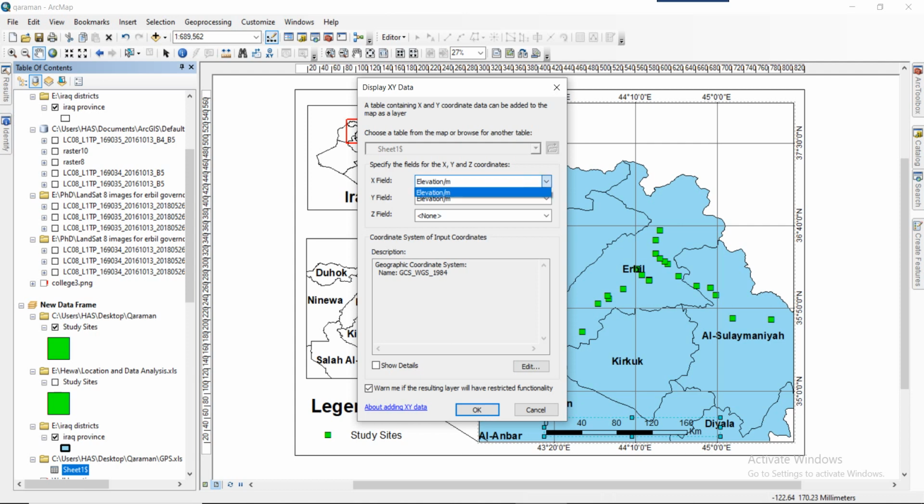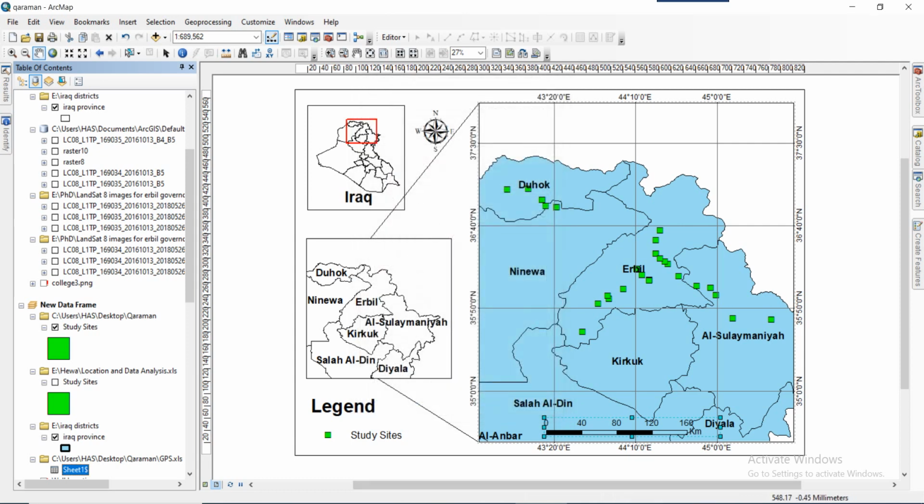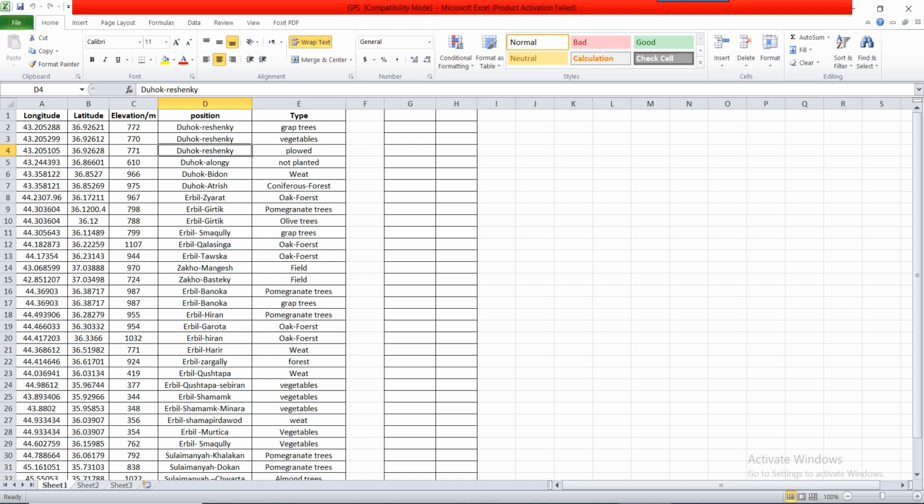So this is my Excel sheet, and as you can see we have X field and Y field, so it should read the latitude and the longitude from the Excel sheet, but it is not reading the coordinates. So if you look at the file, this is the file that we use. Right here we have longitude and latitude, and